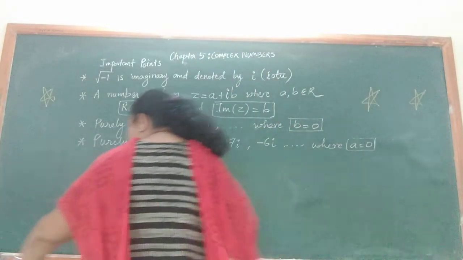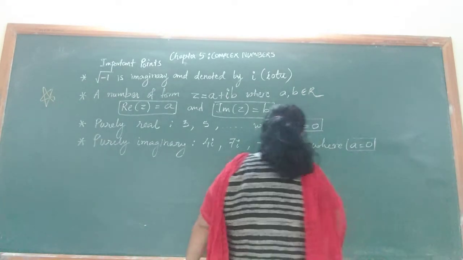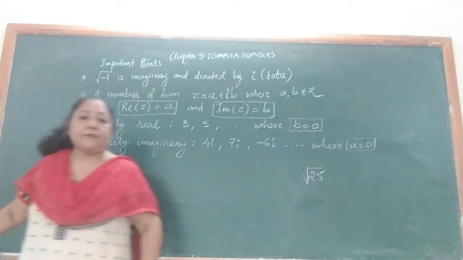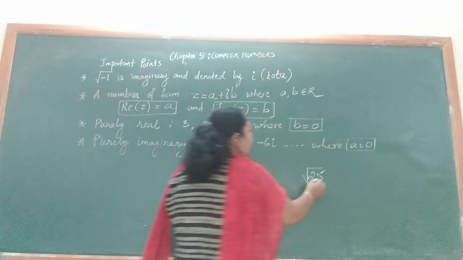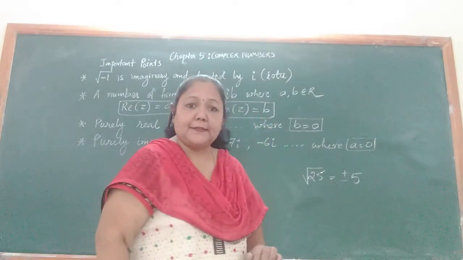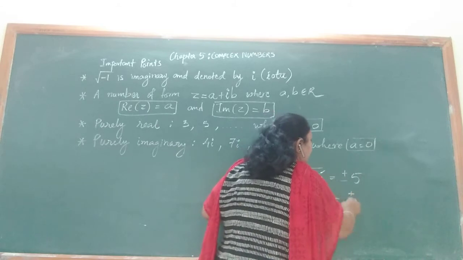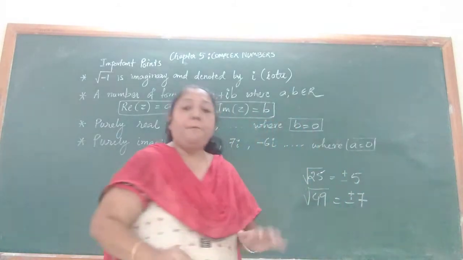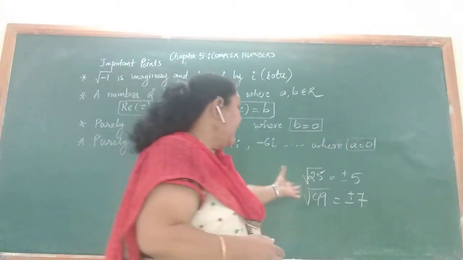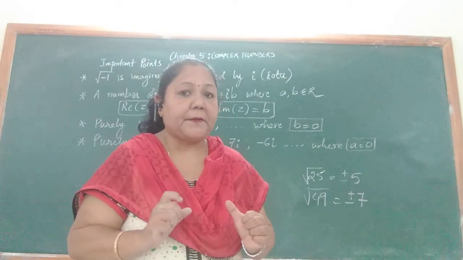Suppose I say that you had a number, say root of 25. So if it is root 25, you write the answer as plus or minus 5. You can solve it. Suppose you have under root of 49. You say it is plus or minus 7. But over here, roots are possible when any number inside that root is going to be a positive number.